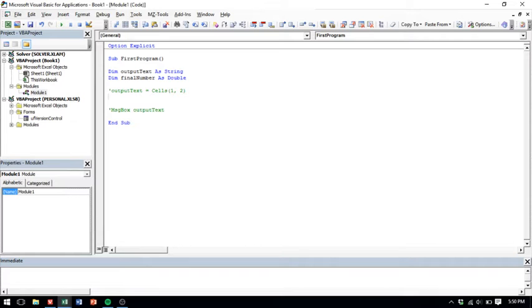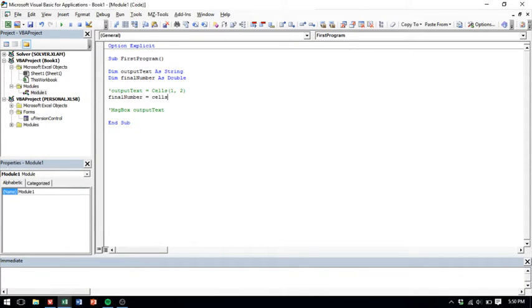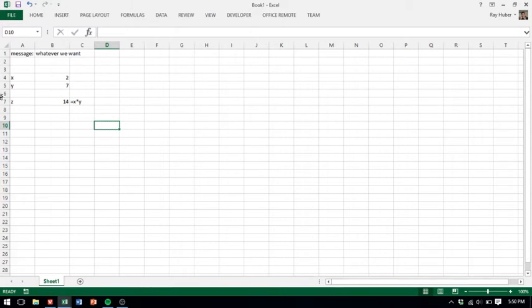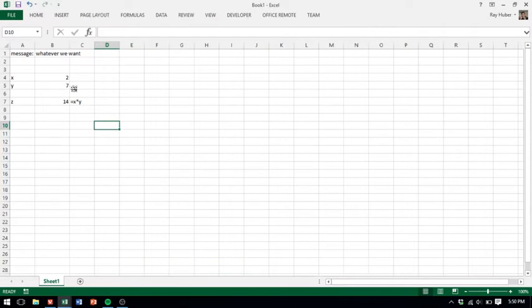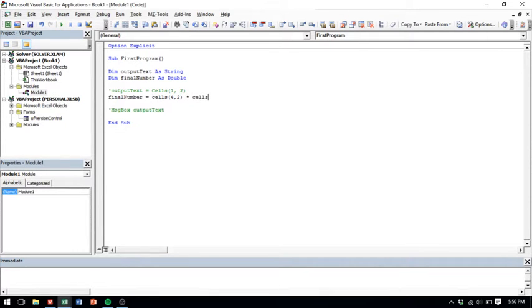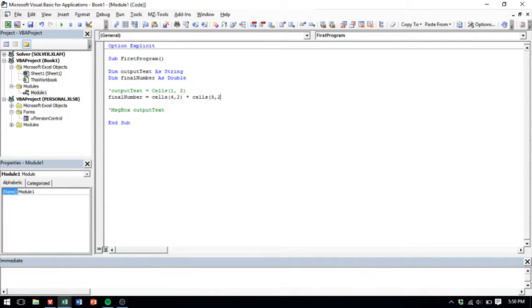So here we're going to say that the final number equals, again, we can reference what a cell has in it by saying cells, and then the row number, which for X is 4, and the column number, which is 2. And then we can multiply that by Y by saying cells 5, because it's row 5, and column 2, because it's B. So now this is a number, and then we can,